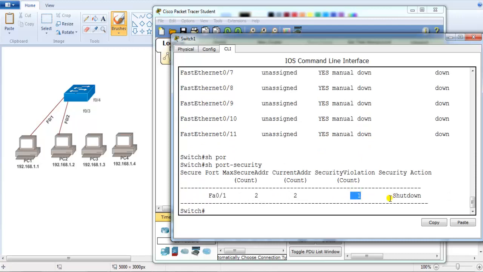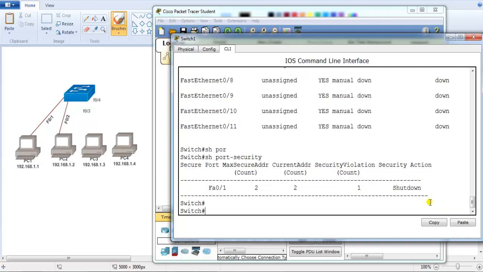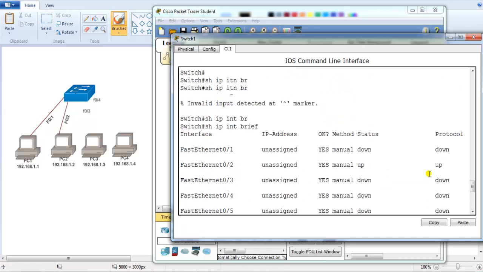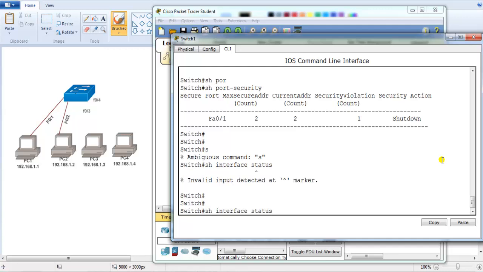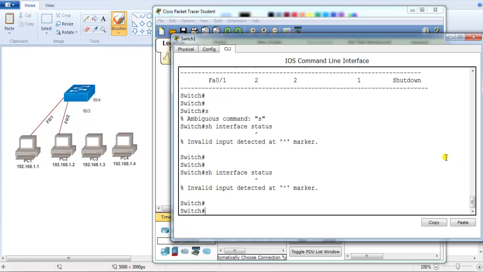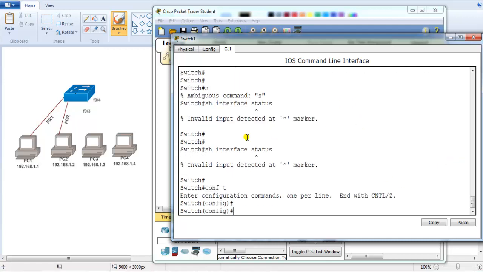One time it has happened, and right now the current security action it has to take whenever it violates the rule is shutdown state. That's the reason the port is not exactly in shutdown state, it's more like a shutdown state. We call this error disabled state. You can also use a command called show interface status. This command doesn't work in the packet tracer here, but this command shows the status of the interface F0/1 as error disabled state. The reason is the security violation here.